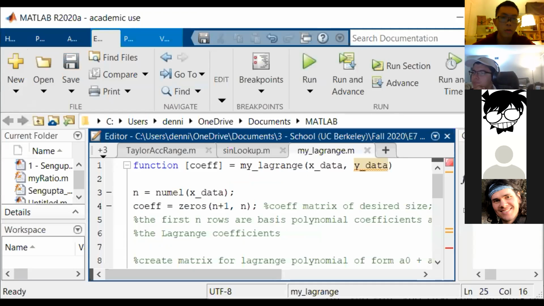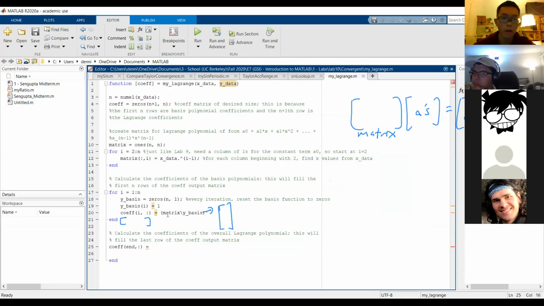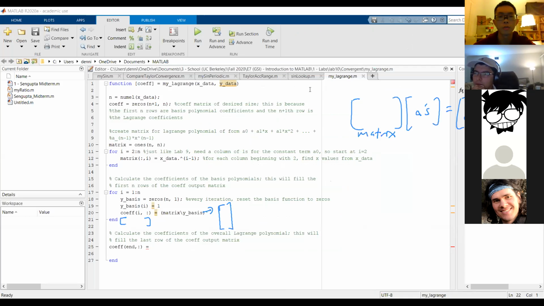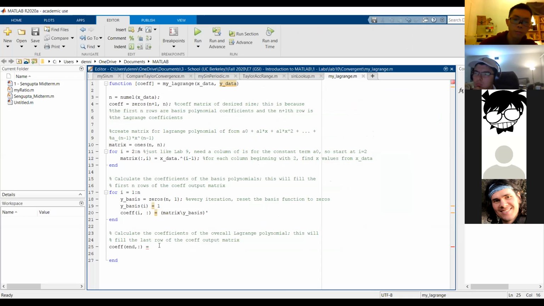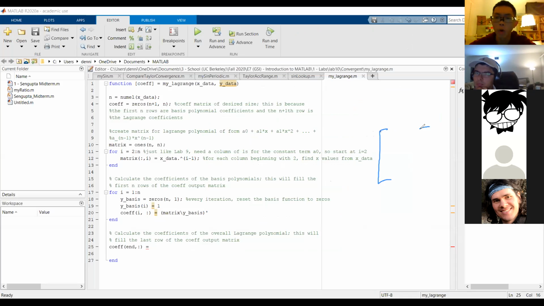For which line? Oh, this last one over here. So we've already looped over the entire Lagrange thing. So once we've done that, we'll need one more line over here to compute the coefficient. The final row, because our coefficient is going to be an m by 1. So here's m, and then here's m plus 1. So where m is going to be the size of our